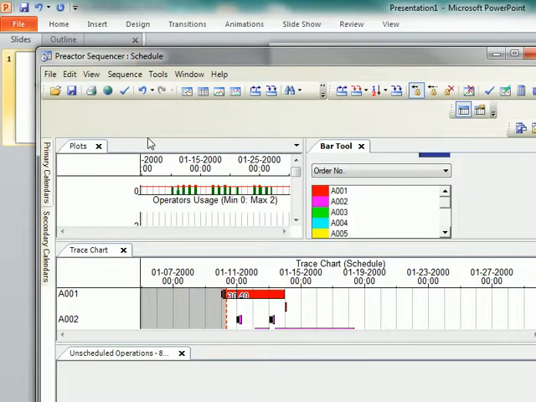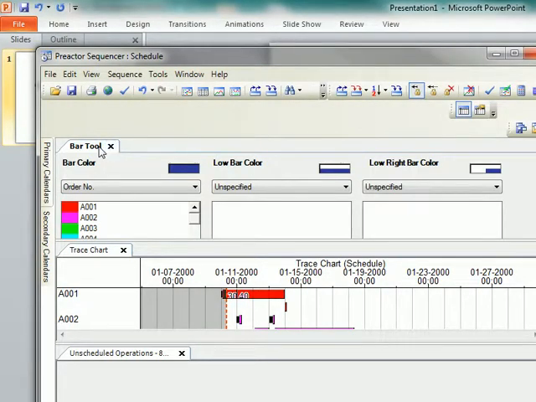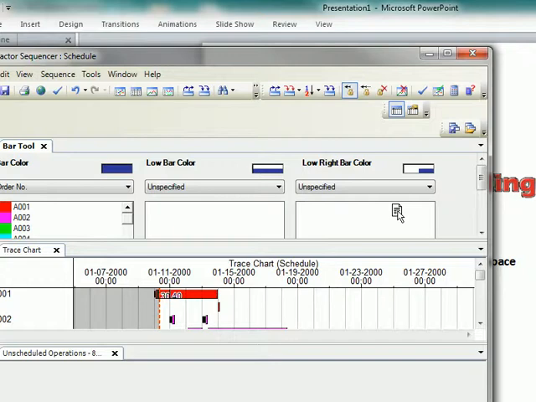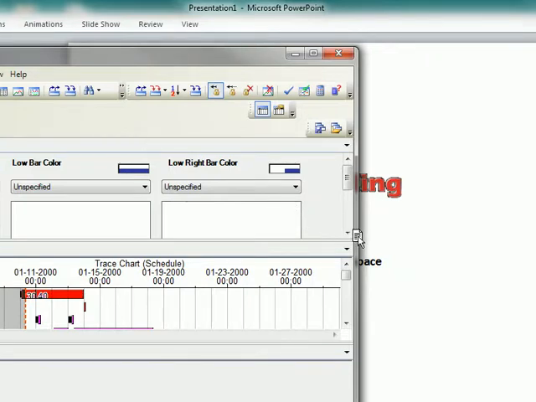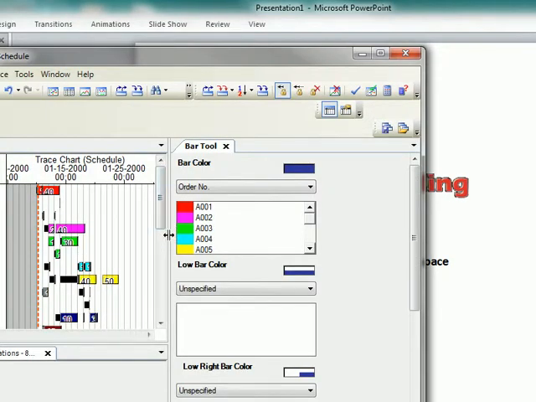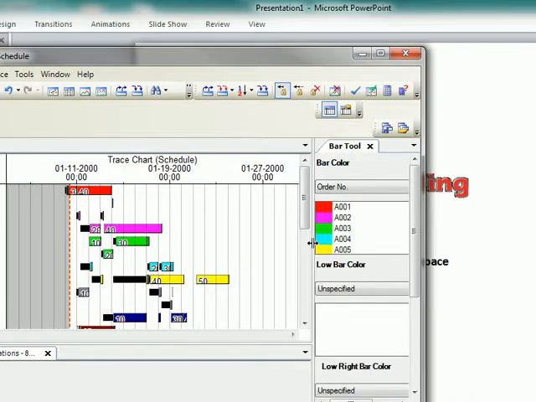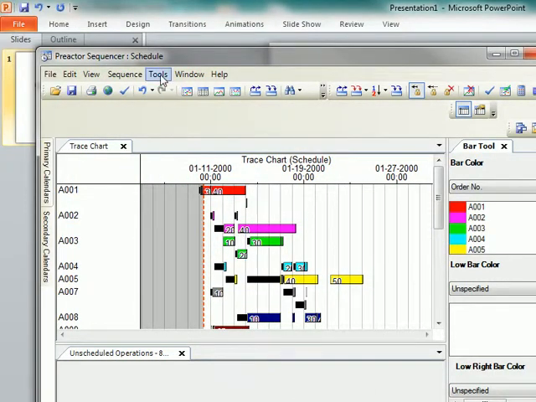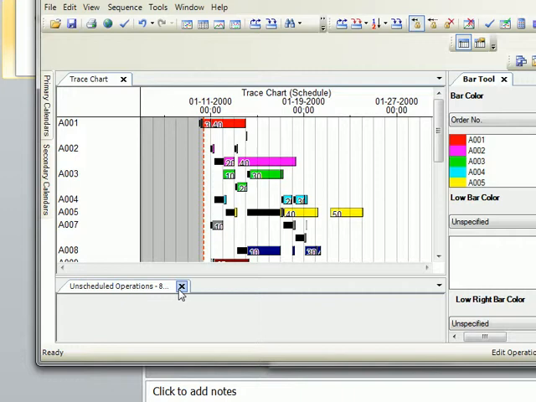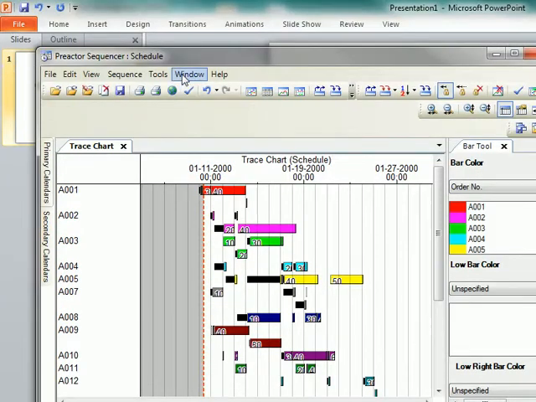Let me try to get it all the way over to the side. And if I close this unscheduled ops down,